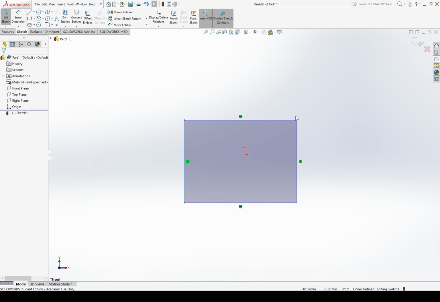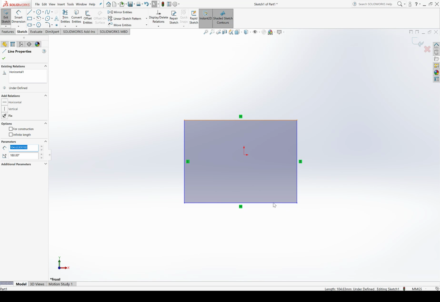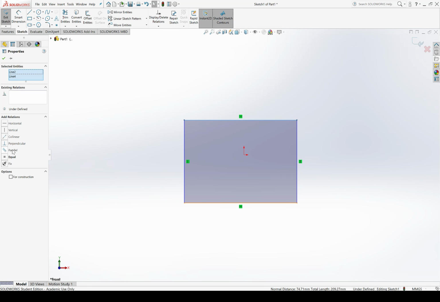So I drew my right line as I was arbitrarily defining the shape of my sketch. I drew that line on the right as a vertical line, so SolidWorks pre-populated the vertical relation. I get access to more relations if I highlight more than one thing at a time. I can do that by hitting Control or dragging through space. So for example, if I click on the top line and then hold down Control and click on the bottom line, one of my options is parallel.